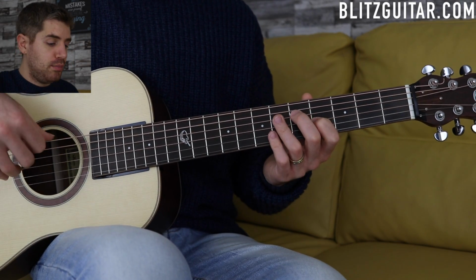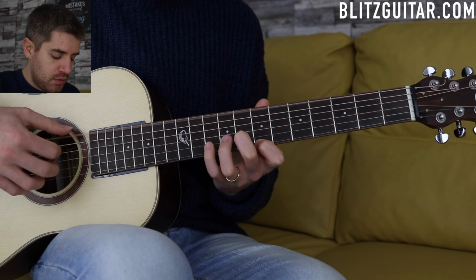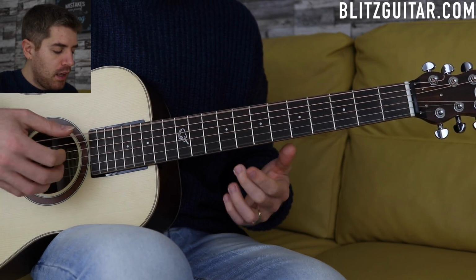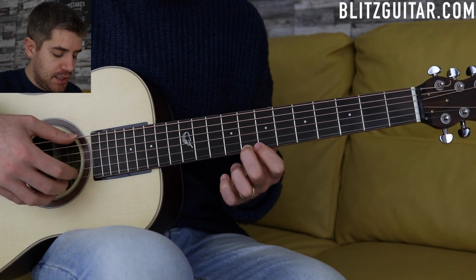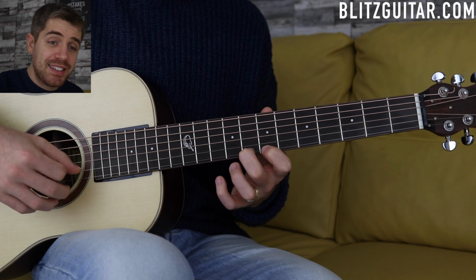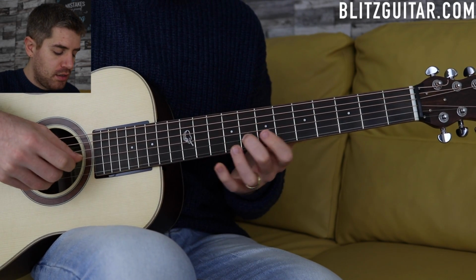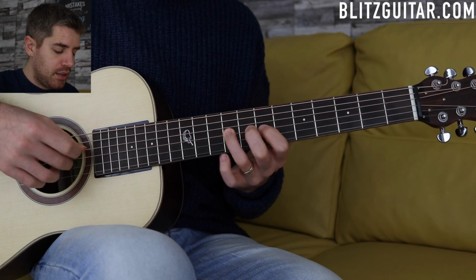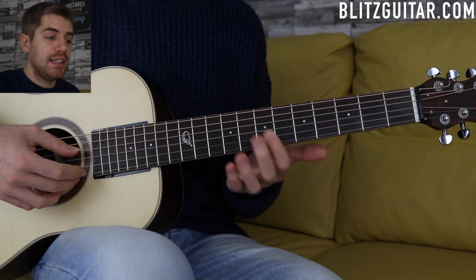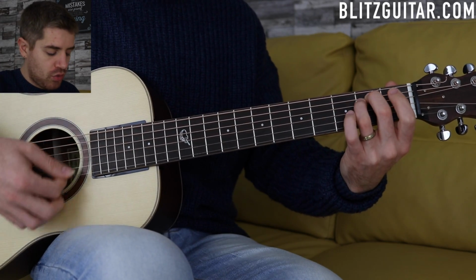Next chord, E minor, bass, strum. Okay? Now for the E minor chord, we're gonna play a scale all the way up here, okay? And it's the E string fret number 8, 7. The B string fret number 10, 8, G string fret number 10, 9, and 7, and then the E string open, okay? So bass, strum,